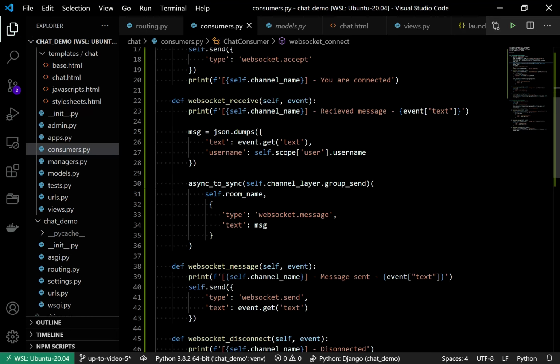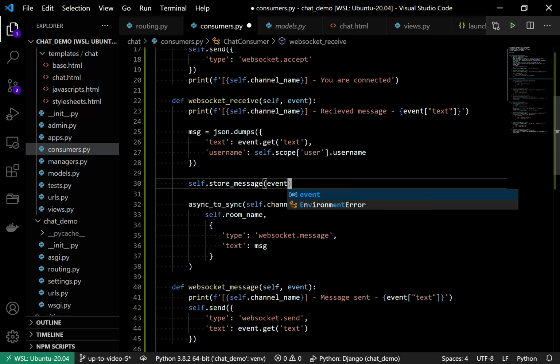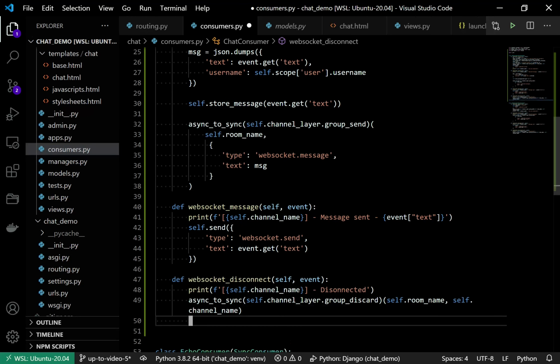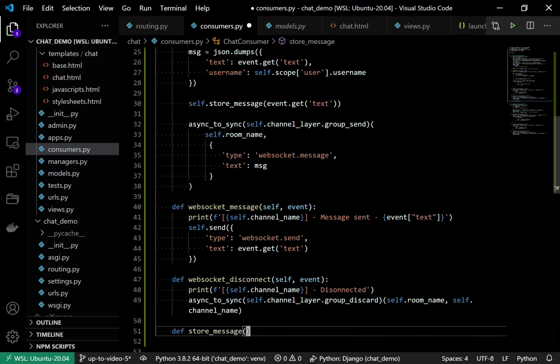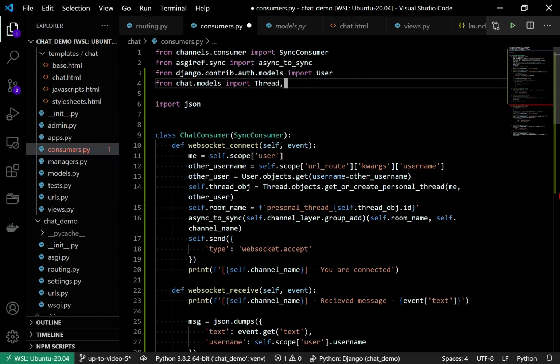All right, and then when we receive that message, we have to call the function self.store_message, and inside that we are just going to pass the text, event.get text. Okay, we need only that text because the other things are available there. def store_message, and I'm going to accept only one argument, that is text, and then we have to import the Message model here.